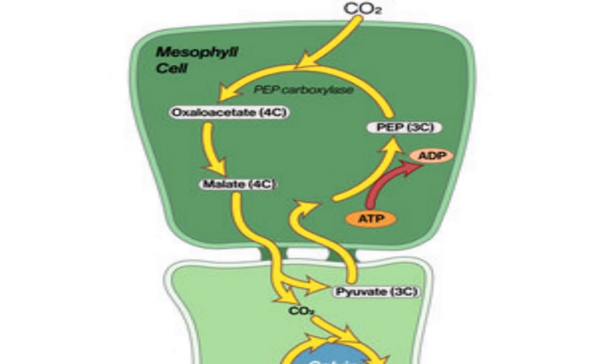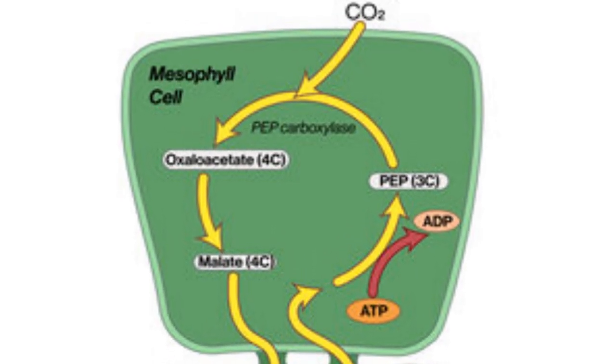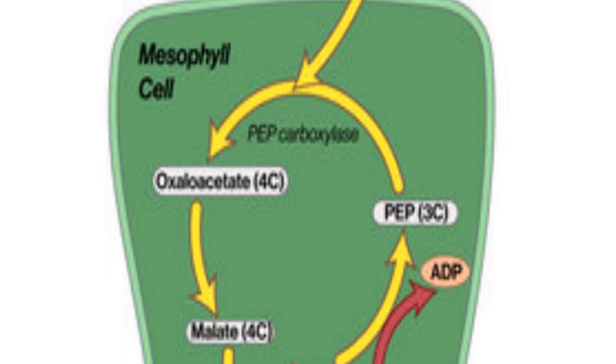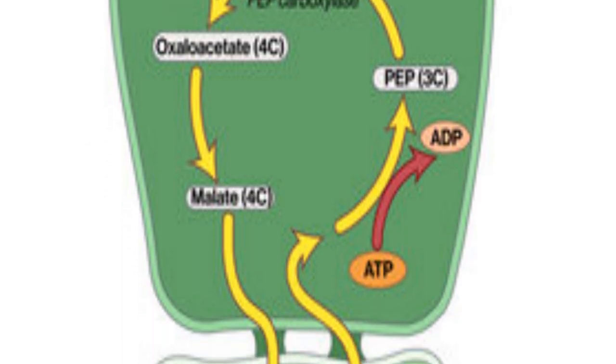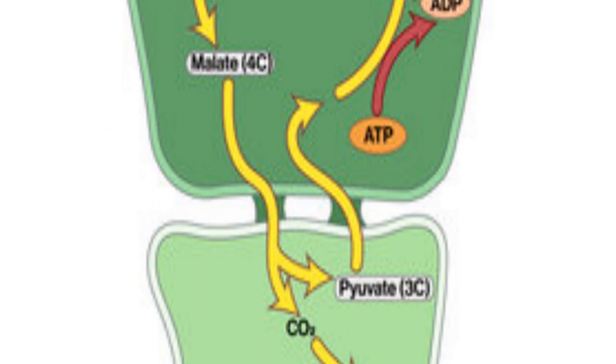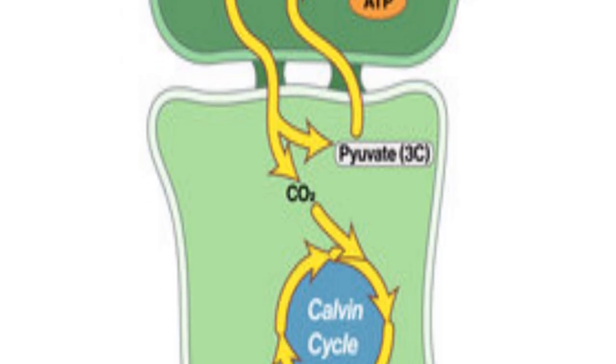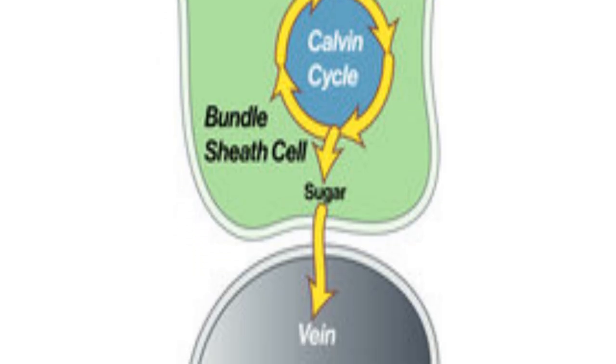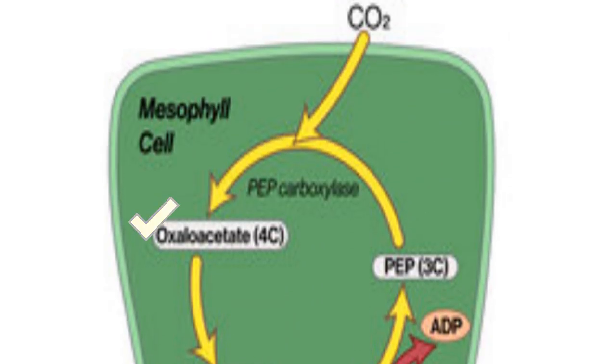Variations in photosynthesis. C4 cycle, also called Hatch and Slack cycle. Some plants use a modified photosynthesis pathway called the C4 cycle. It involves a 4-carbon compound called oxaloacetic acid,